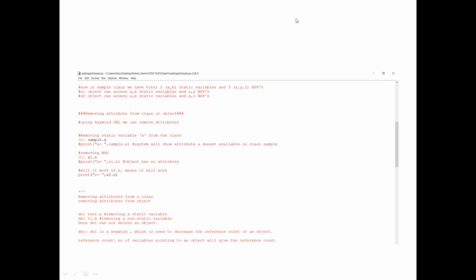That means if I have x equal to 10, y equal to 10, z equal to 10, then 10 is a unique number which is referred to by 3 different variables x, y, and z.